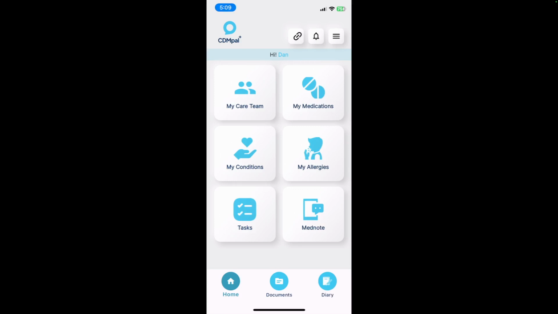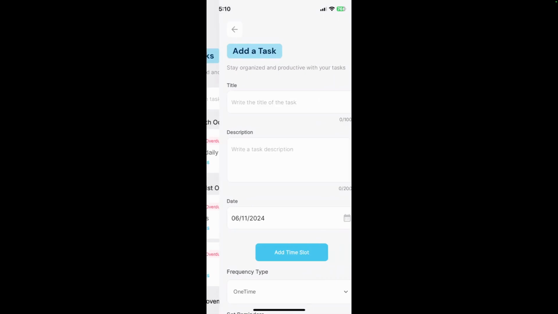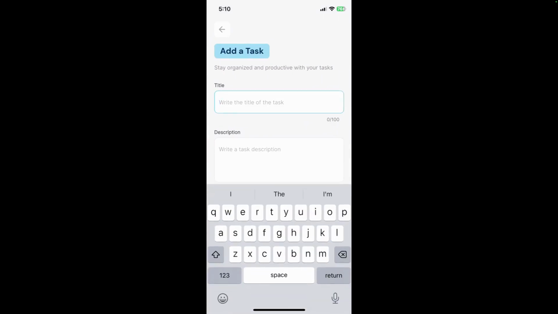It may be checking the children's bloods, going and seeing a specialist, or doing a health check, visiting the hospital, you name it. Here in the main screen under the home, you can see the task. You click the task. Let's go and demonstrate adding two types of tasks, and I'll show you how you can do this. Now, first one, I'm going to do a blood test reminder